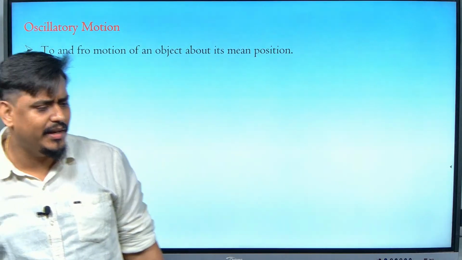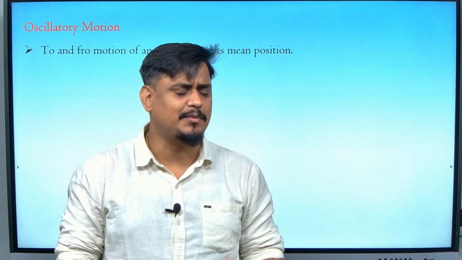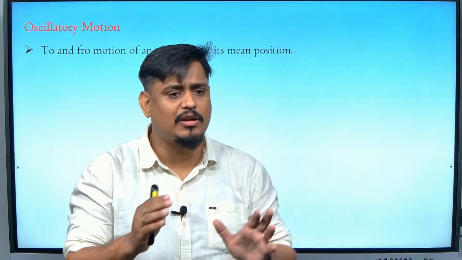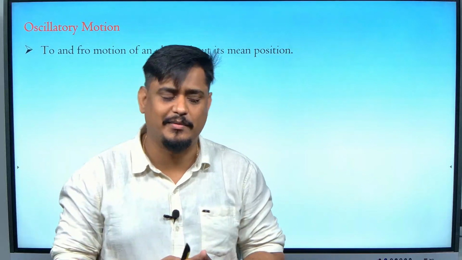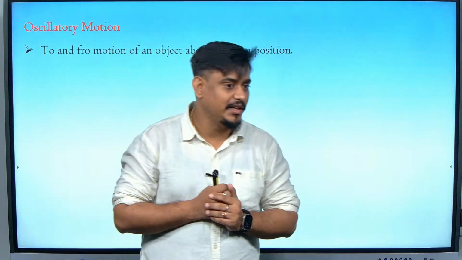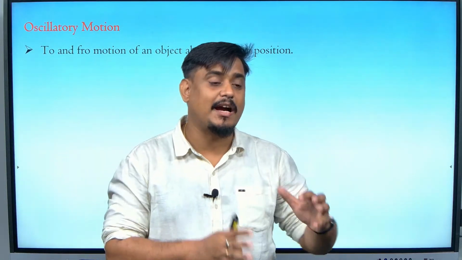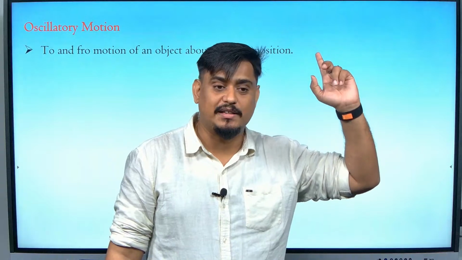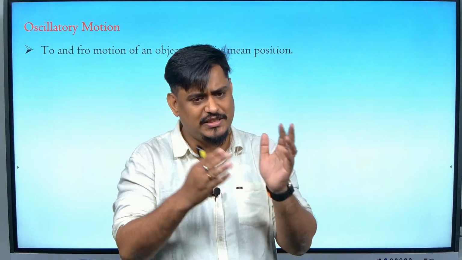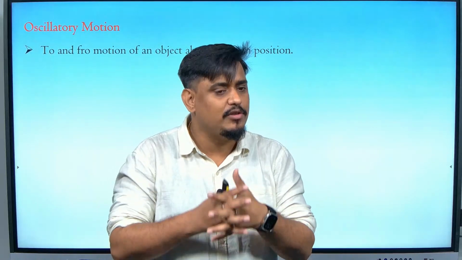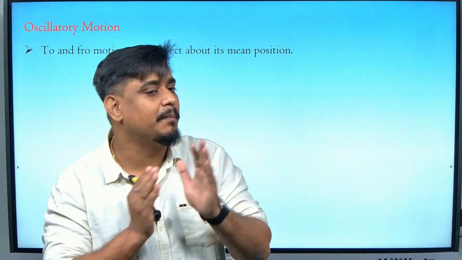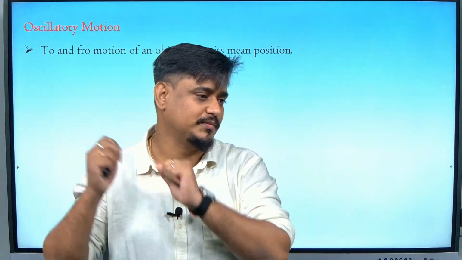So in regular school curriculum we call this chapter oscillation. In the competitive class, I will not call this chapter oscillation itself. It has a different name. The chapter name is SHM, simple harmonic motion. In the competitive section, just as we call the system of particles chapter rotational mechanics, if you see NEET and JEE books, they usually write this chapter name as SHM, simple harmonic motion.